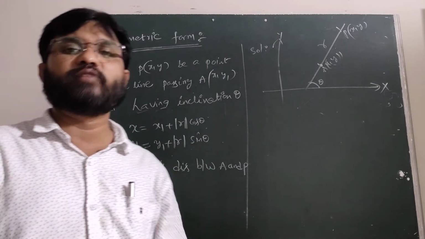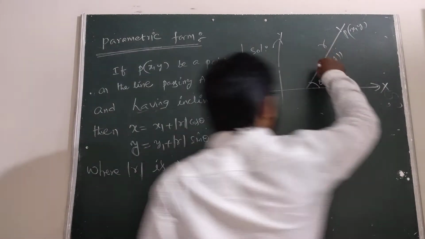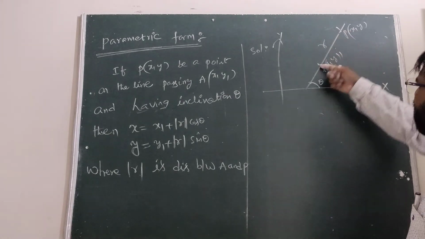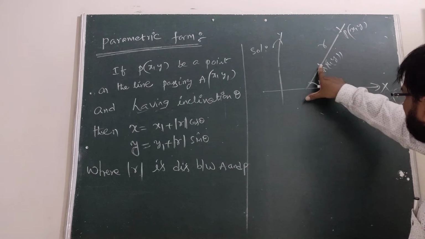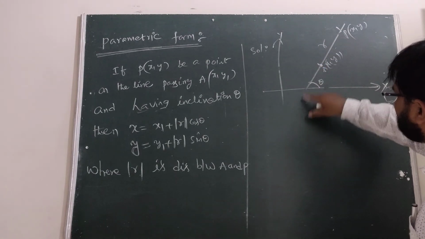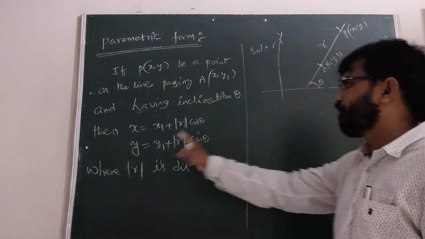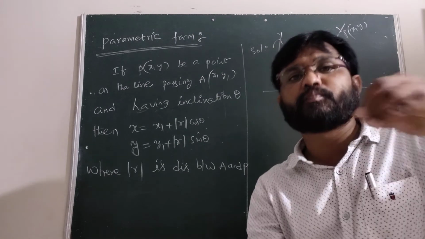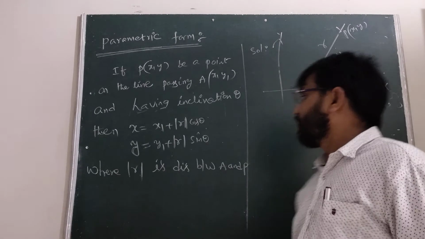In that case, we have to take r as plus or minus, since finding the coordinates at a distance of 5 units means P can be above or below. Suppose you take 5 as the distance above, and also below at a distance of 5 there is another point. We have to apply this to find the points. Undoubtedly, r can be written as plus or minus.